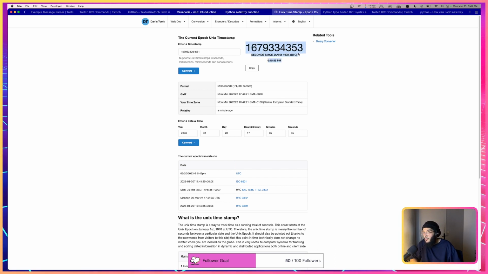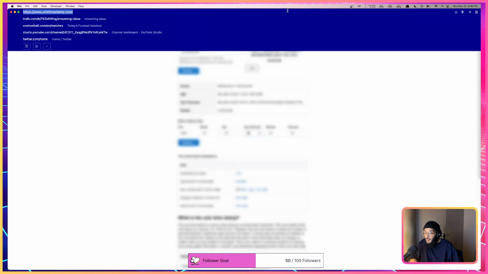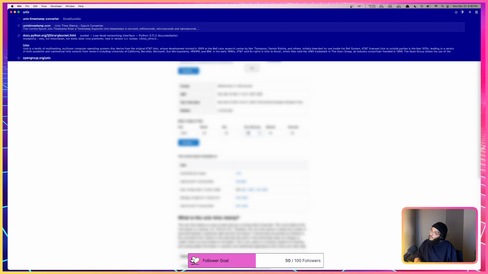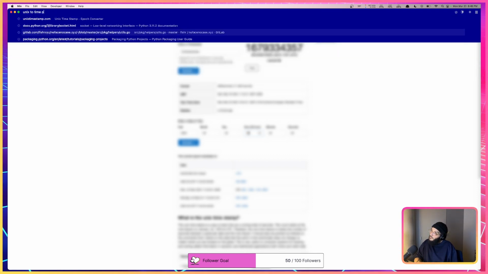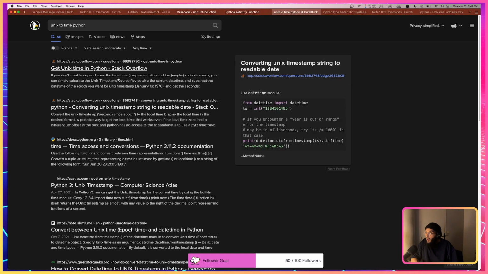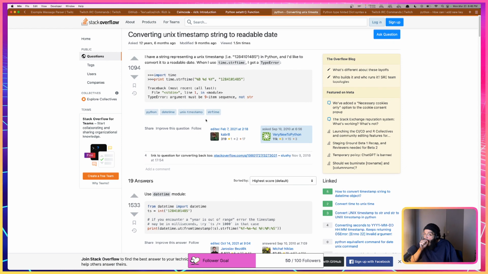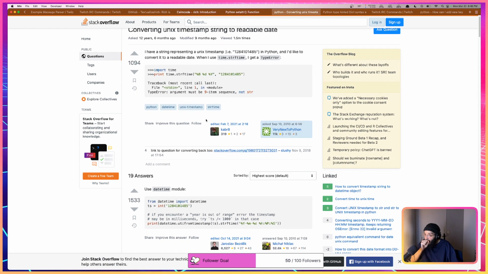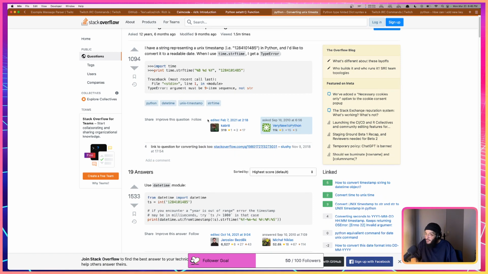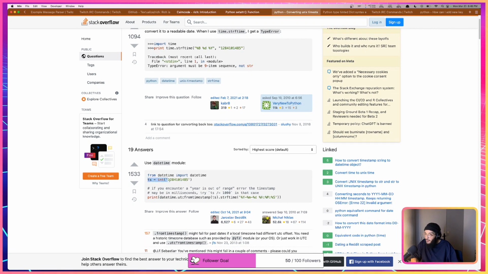To a string, I guess. Because what we want is the hour and the minutes. So we want to extract the hour and the minutes. So Unix to time, Python. From datetime, import datetime. So we do this. Right, so we have to convert it to an int first, and then we need to